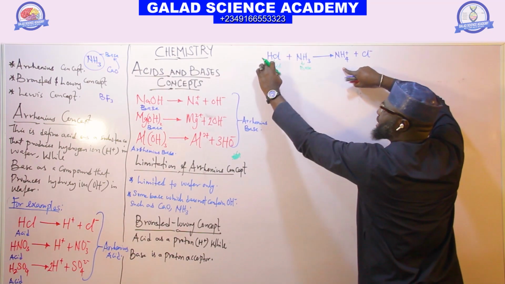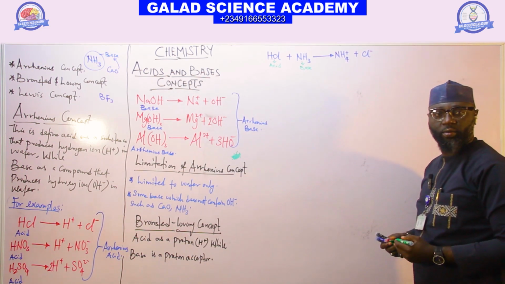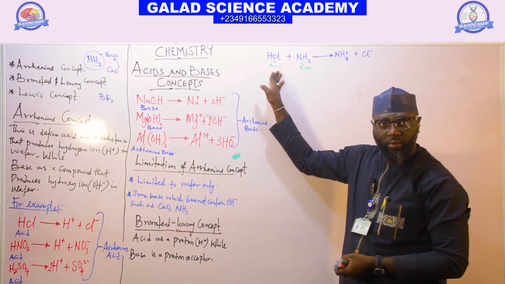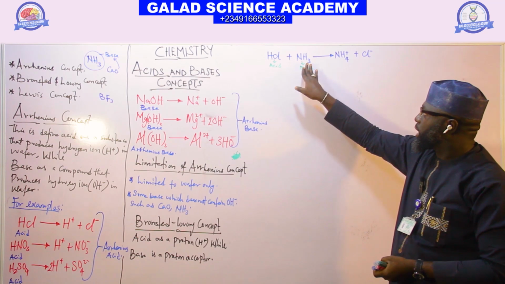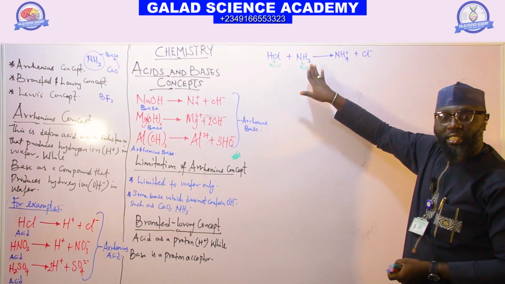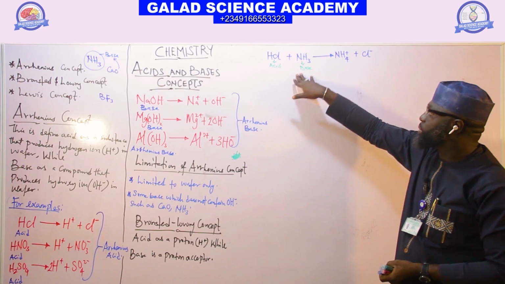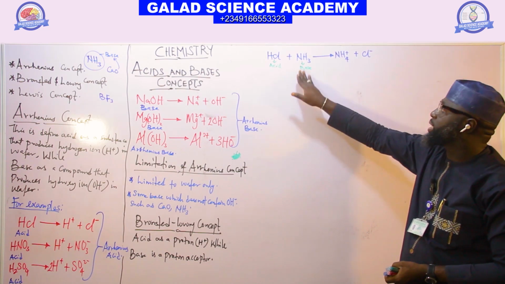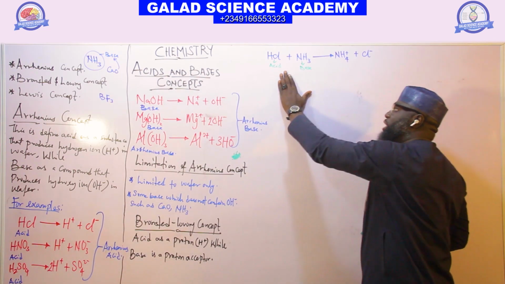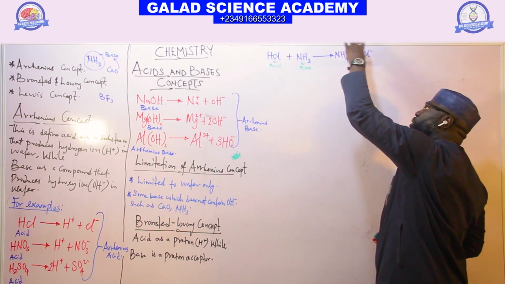So if ammonia takes this hydrogen, it will become this. So this reaction shows that ammonia is a Bronsted base and HCl is a Bronsted acid. The HCl donates its hydrogen ion to ammonia to form ammonium plus